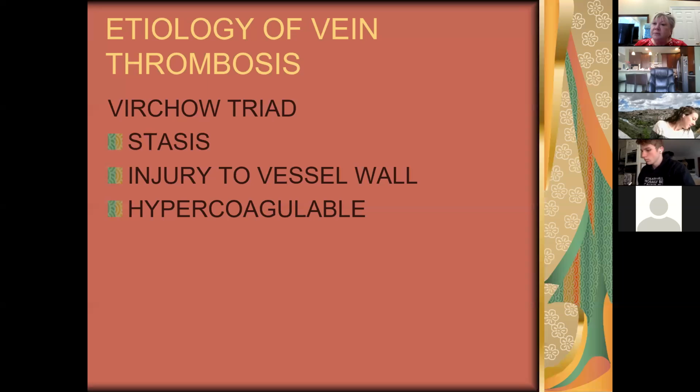The more injury, the more sticks, the more surgery you have, the higher at risk you are for developing clots. And the last one is hypercoagulability. The more your blood will clot, the higher at risk you are. So who has hypercoagulability? Again, dehydrated people have hypercoagulability. The OB post-delivery, postpartum patient has hypercoagulability. The minute your placenta detaches, your blood clots faster so that you don't bleed to death. For surgery,